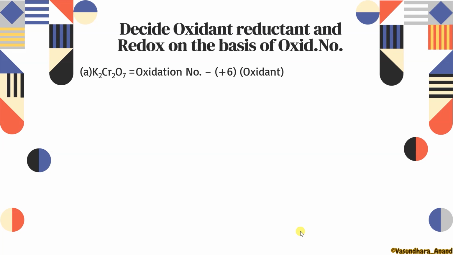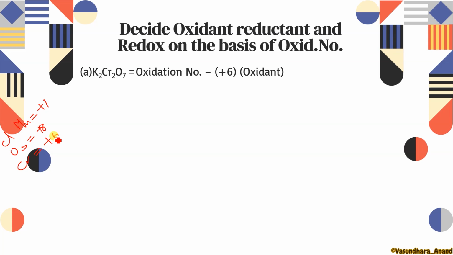For chromium, I have given you a few tips: chlorine and manganese are the ones which can show +7. Then osmium is the one which shows +8. Osmium, chromium, sulfur, all of these show +6. So chromium is a metal which can show +6, otherwise all the non-metals of the sulfur group, the oxygen group, can show +6.